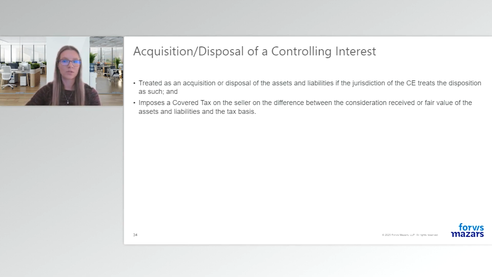So as a result of this treatment, gain or loss on the transfer is going to be treated as a sale of assets or liabilities, is going to be included in the disposing M&E group's effective tax rate computation for that jurisdiction, another one of our safe harbor tests, that is imposed, that treatment to treat it as a sale of assets or liabilities for local tax purposes. This is also going to apply to acquisitions of ownership interests, which following the transaction, the acquirer controls the constituent entity.